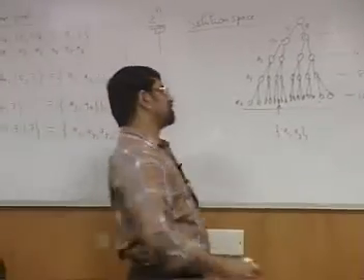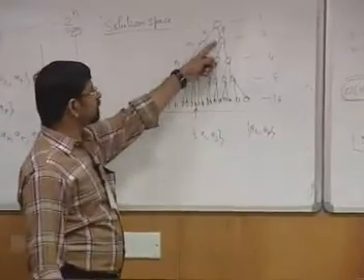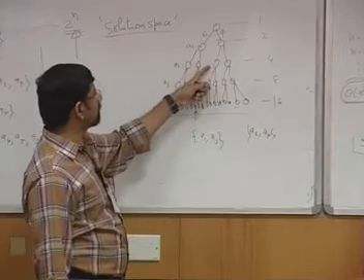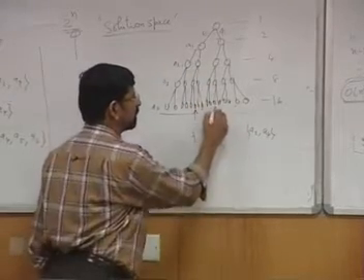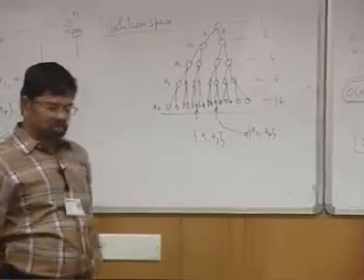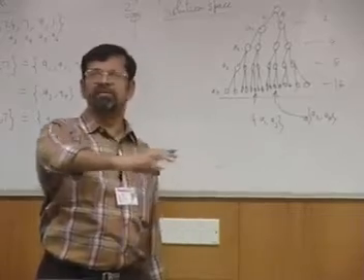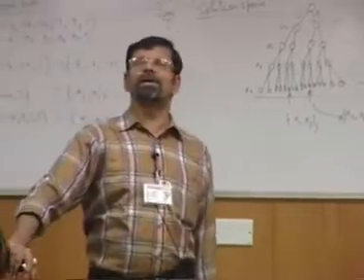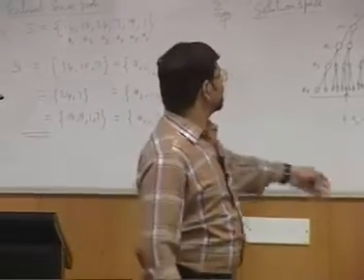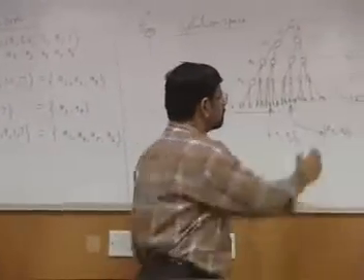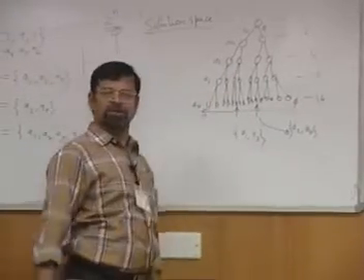You want to know to which leaf A2, A4 corresponds? A1 is not included, so come here. A2 is included, come here. A3 is not included, go here. And A4 is included, come over here, and this is for this set. So in this way, for each set I can associate a leaf, and for each leaf you can associate a set. Now tell me, which leaf is representing the empty set? Rightmost. A1 is not included, A2 is not included, therefore this corresponds to the empty set. Similarly, everything is included, this corresponds to the whole set.